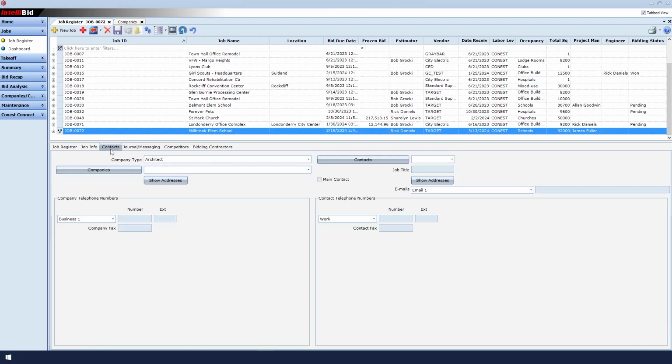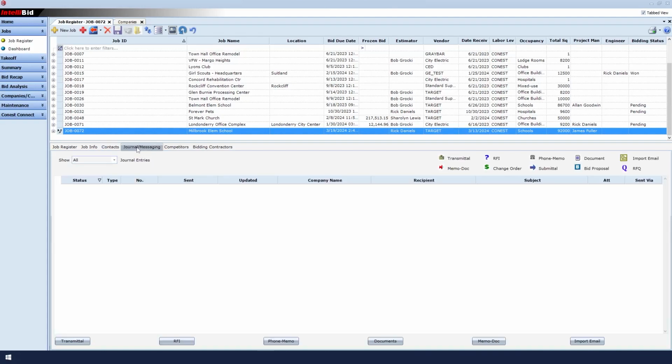Now let's take a quick look at journal messaging. This is where we will store all of our job documentation. Once a proposal has been sent out, we can then say whether they accepted, rejected, or if we are still waiting for a response. This is also where we would store any RFIs we might write. We can see the status on the RFIs, or if there are any documents that we want to include. Remember, the more information that we enter in IntelliBid, the more information that we're able to see in Conest Connect